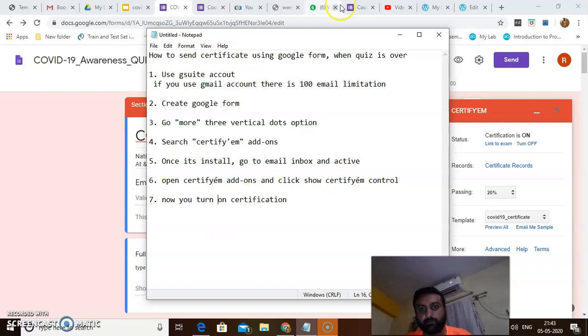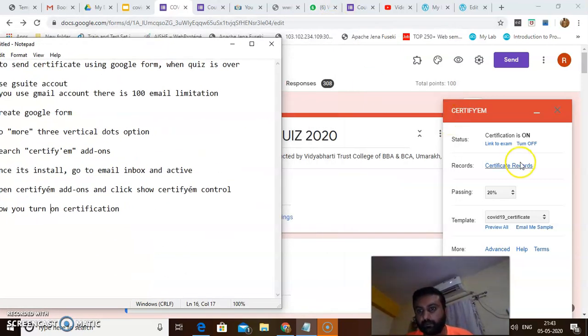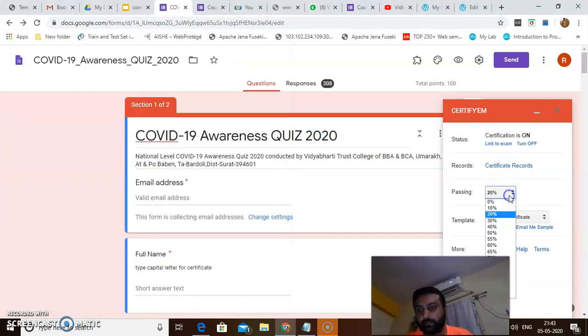I already turned it on. This is my steps. Now there is my record form and there is a passing limit. You can add a limit for the minimum mark a student must get to receive a certificate.